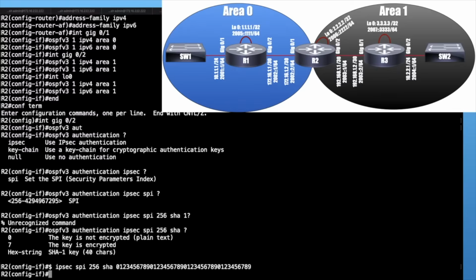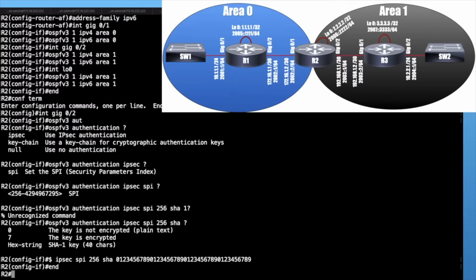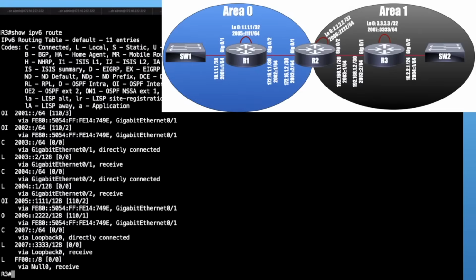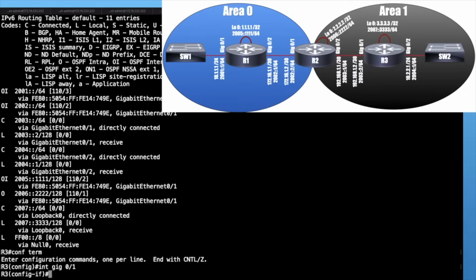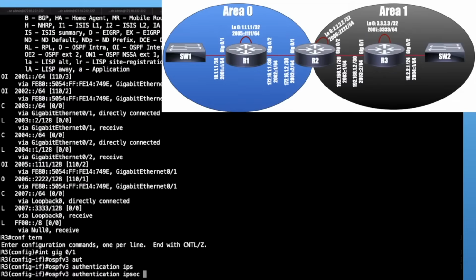And we'll do the same thing on the other side in just a moment. But I've added that big string, and we're done on R2. Let's go add a matching string on R3. On R3, I'll go into the other end of this link, interface gig 0/1, and I'll say OSPF version 3 authentication. I'm using IPsec. I'll give that same SPI of 256, and my SHA-1 key is going to be 0,